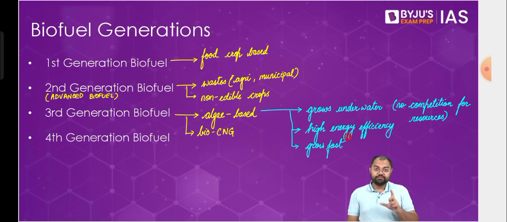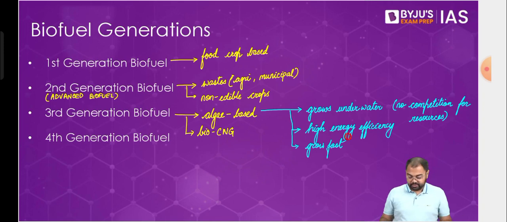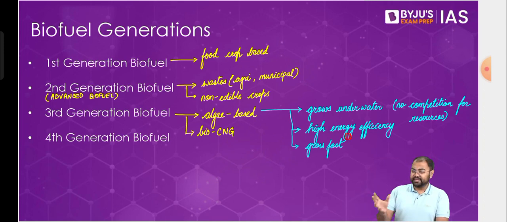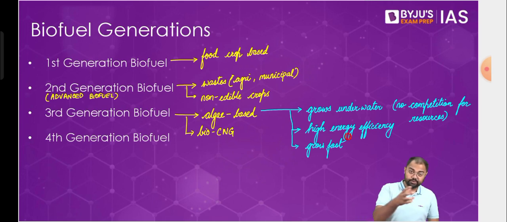Algae grow fast. So growing fast means that they will be available to you as a source much quicker as compared to the food crop based ones. Now, overall, if you consider any food crop, the growth of food crop will take some time. Correct? The growth of food crop will take some time before it can be made ready for your consumption. So for example, it could take a month, it could take a couple of months, and then the processing will happen so that it could be used as a fuel. So in all these cases, easily it could take 1 to 2 months of time.